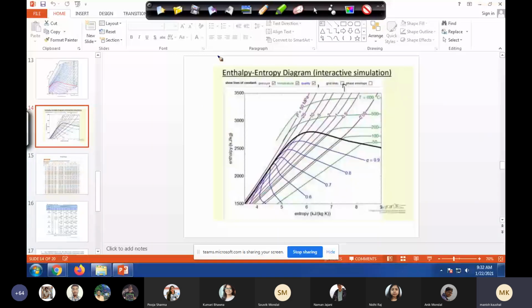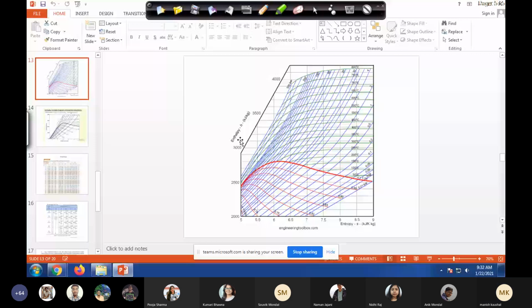So if you want to use the Mollier diagram, do you think only with the Mollier diagram we can solve this problem? It depends on what kind of Mollier diagram is there. If everything is given there, then of course you can do it. From here, if we solve the problem which we are solving, how will we go about it? So what is Q? Just see how we use it. Q is H2 minus H1 in this case, right? So we have to follow a constant pressure line.